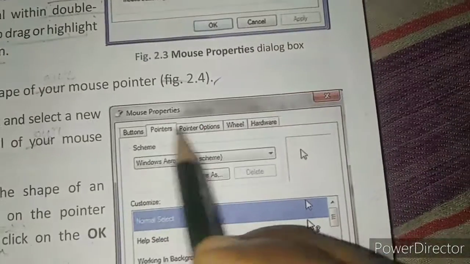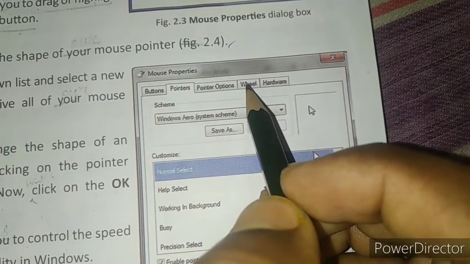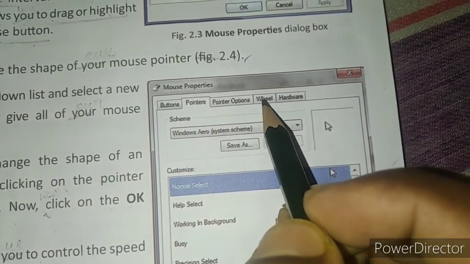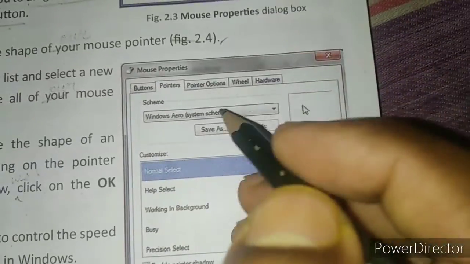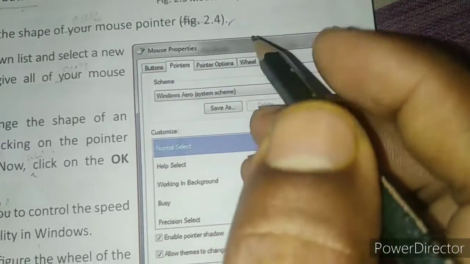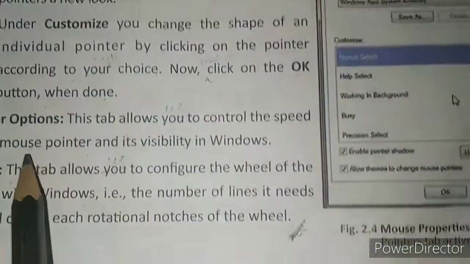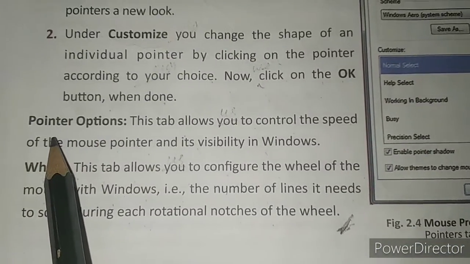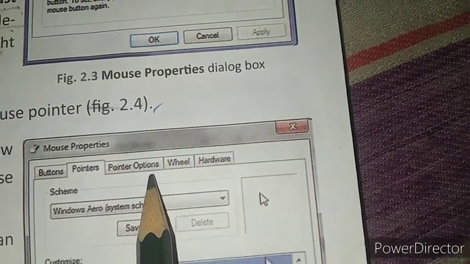Here another tab is this wheel. When we click on the wheel, here we can control the number of lines which can be scrolled in a single rotation. And after that, here pointer options are there.